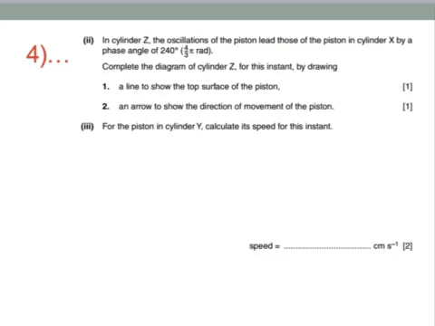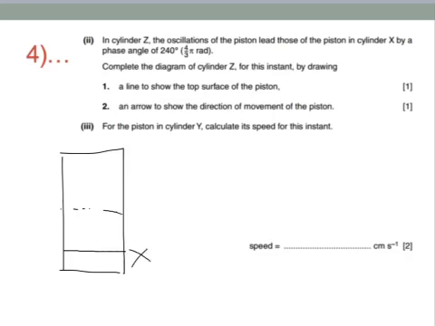I can't easily go back, so I'll just reproduce the cylinder here roughly. If this is our equilibrium position, and let's say here is the position of X, where is Z? Now, going back to the reference circle again,